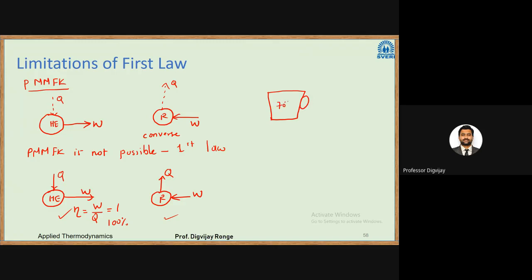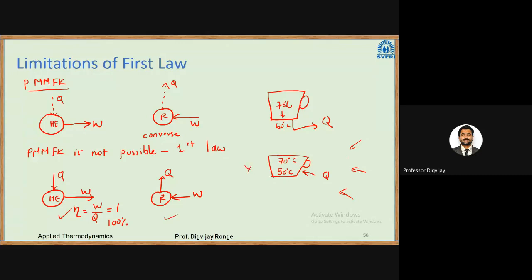Initially, its temperature is, let us say, 70 degrees Celsius. Now, what will happen in this case? Some energy will be transferred to the surrounding, obviously, right? So then its temperature may decrease to 50 degrees Celsius. But if I take the opposite condition, there is a cup at 50 degrees Celsius, and if I try to gather the heat from the surrounding, whatever heat was lost, and supply it to the cup, and I expect its temperature to increase again to 70 degrees Celsius, then physically it is not possible.